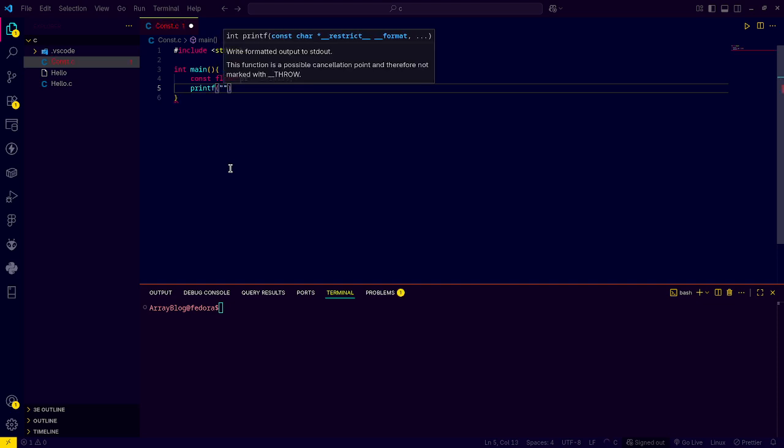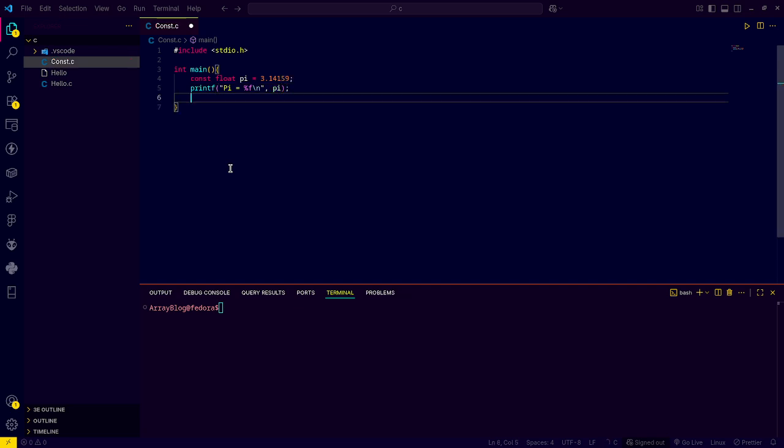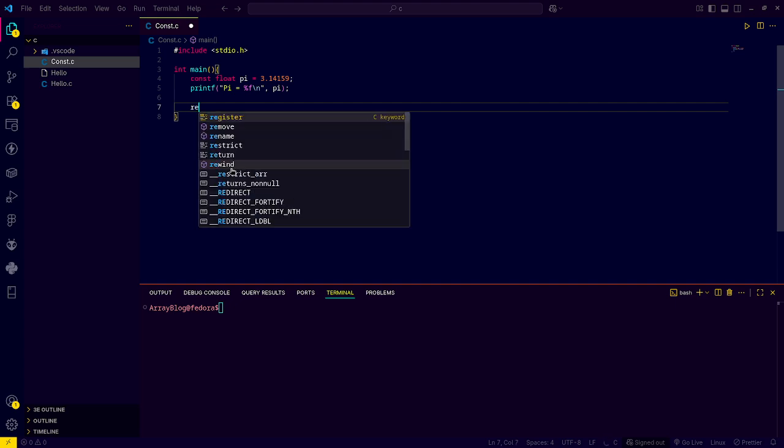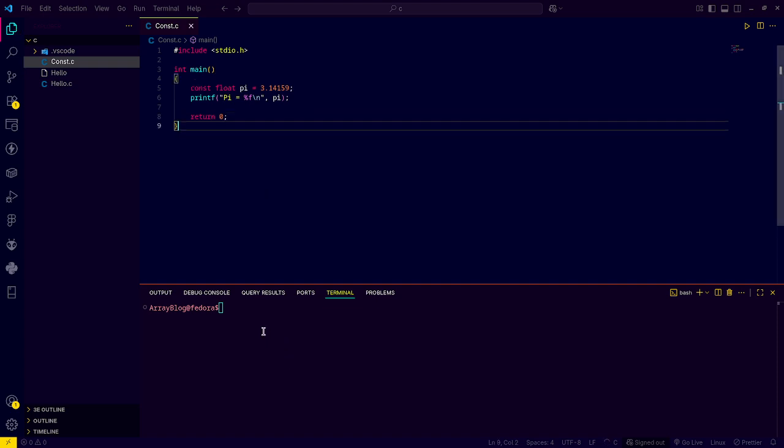Then we'll print with printf: pi = %f\n, then a comma, the variable name pi, and a semicolon. And then return 0;